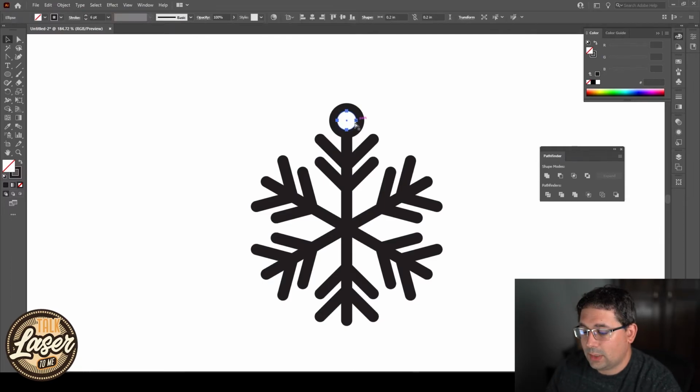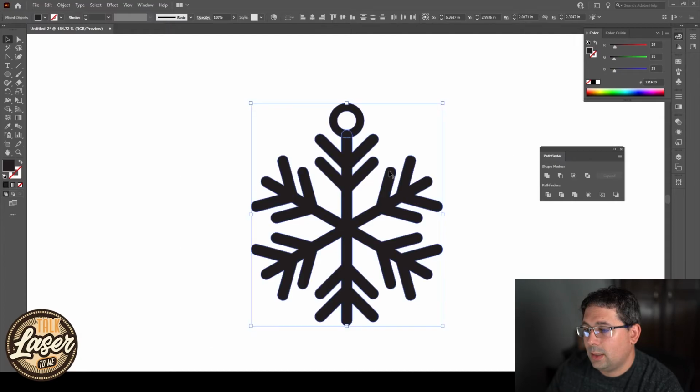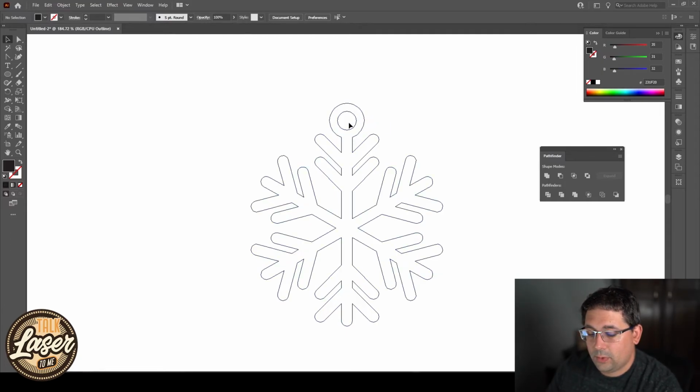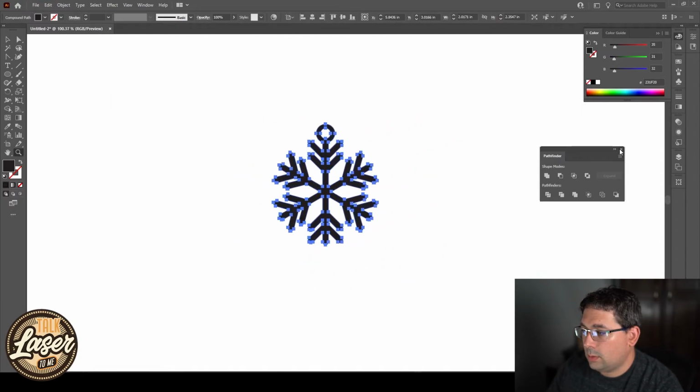We do have this circle here that also needs to be expanded. So I'm going to select it. I'm going to go to Object, Expand Appearance. And then I'm going to left click, select everything, go back over to Pathfinder, and hit Unite. Now if I look at the outline preview by hitting Control Y, you can see we've got our ornament. Close that,